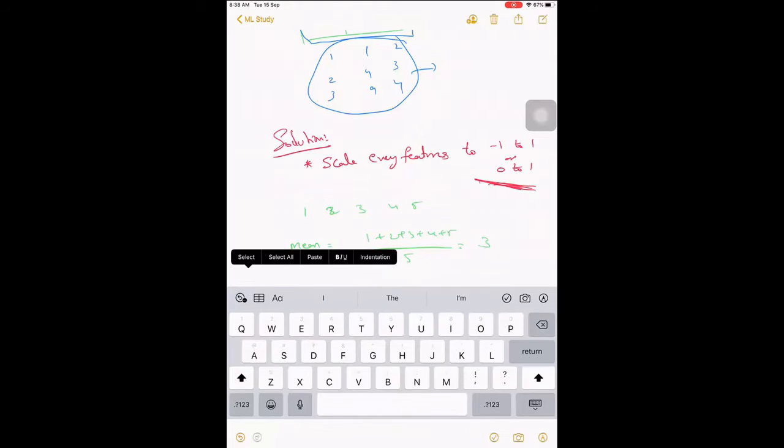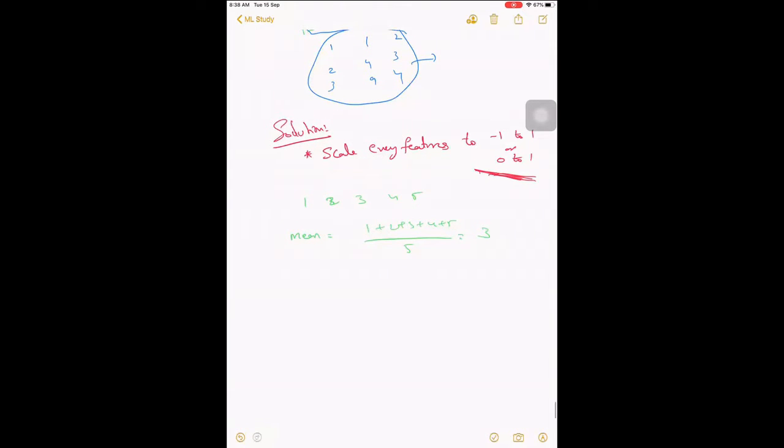Now let's also do one more thing: calculate the standard deviation. Standard deviation is the root over the sum of each value minus the mean, squared, divided by n.